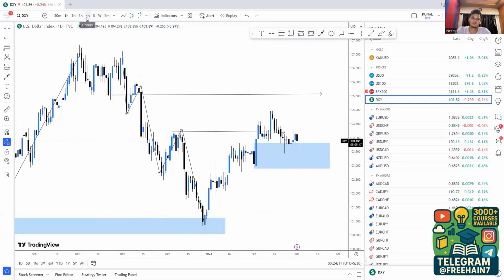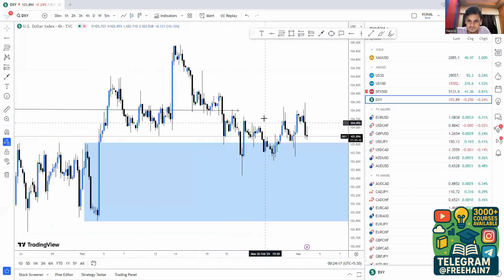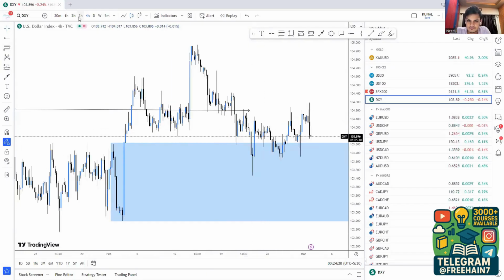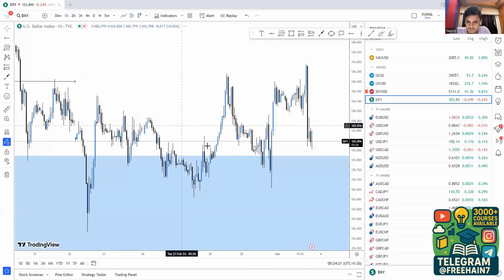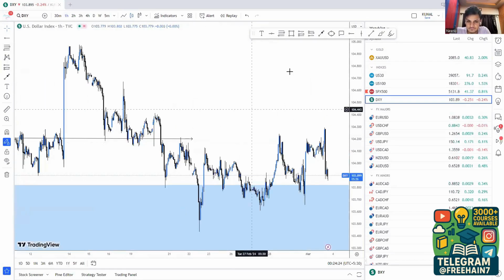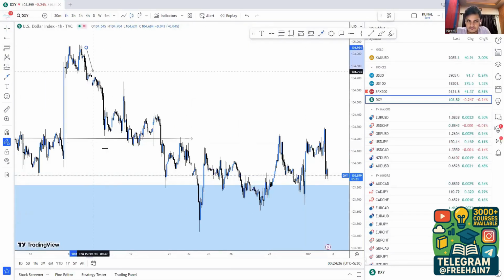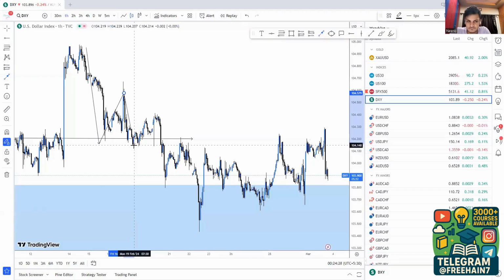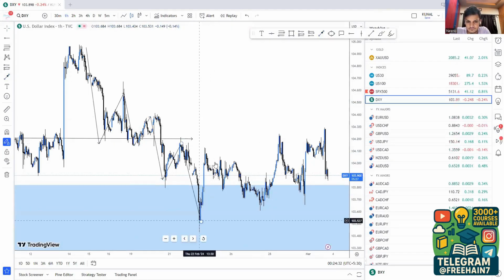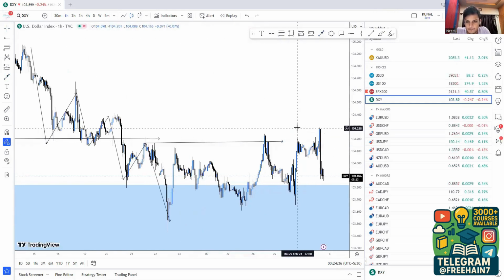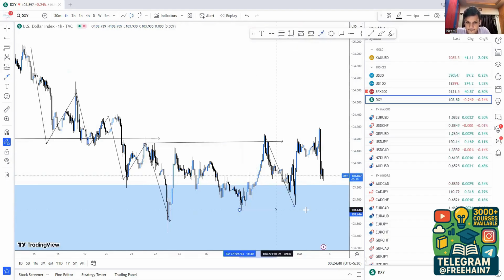Okay, so that is the daily time frame where you see that the price actually got tapped into. And now if you go on the 4 hour time frame, it doesn't have much information, but if you go on the 1 hour time frame, you'll see that this whole chart was pretty bearish, and then this was the lowest point which got broken right over here. And then once it went low, it didn't break this level, meaning it is a